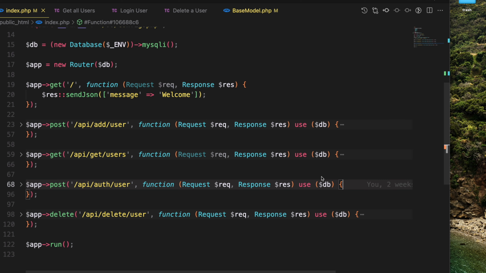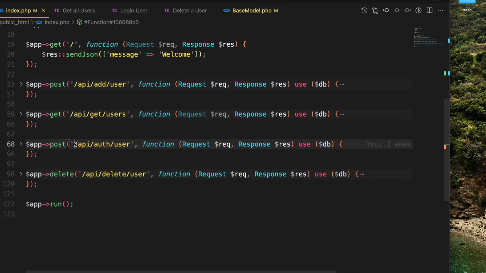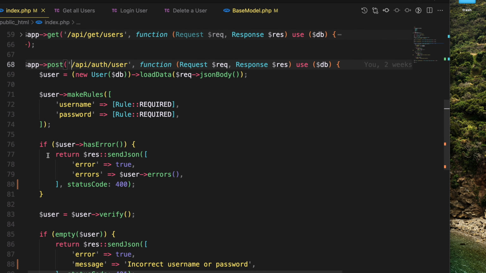This video is going to focus on creating an authentication and authorization system. I think we did a lot of the big work in the previous video, and if you haven't seen the previous video, I recommend you go back and watch it. Here we have an auth route that allows us to authenticate a user. Here we can check that the username and password this person has provided to us is a